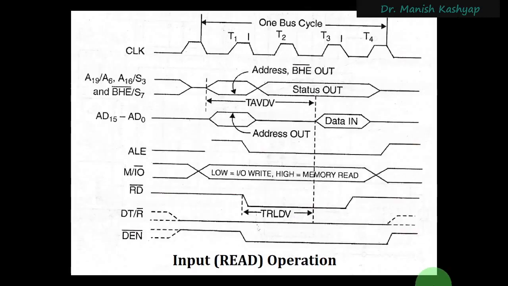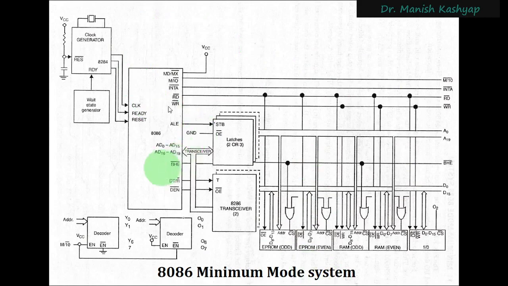Now let us see the timing diagrams, how timing operations happen inside this microprocessor 8086. So let us discuss the read cycle, the input or read operation, when you are trying to read something from the externally interfaced memory inside this microprocessor. What is happening is that there is some data stored in either the RAM or ROM. Let us say RAM. The RAM has certain data, and we want that data to be imported inside the microprocessor. So what all operations will happen? Let us pay some attention to the read cycle.